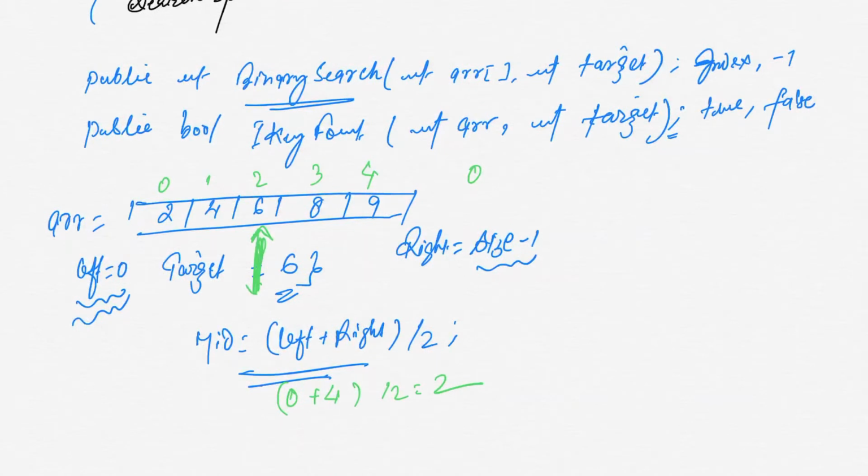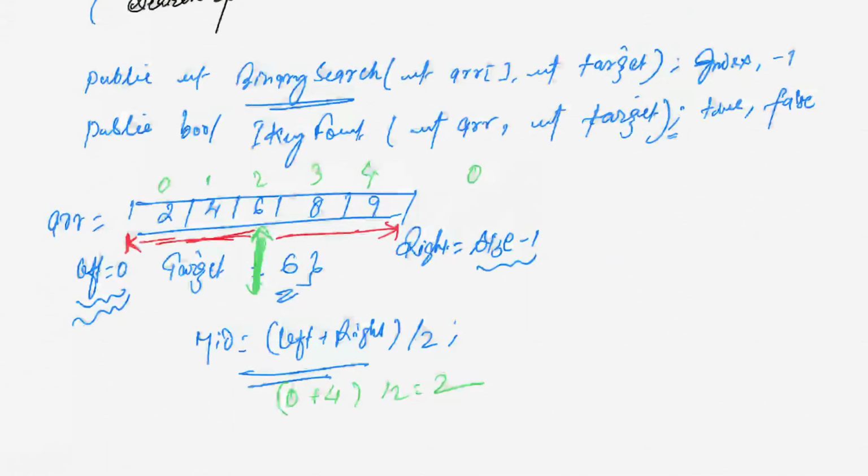Now come to the search space. The search space is a continuous sequence with a specific left and right index. It is the space where you are going to search. In the first call of the binary search, we are going to search between 0 and 4, and this area is called the search space. The search space maintains the left, right and middle indices.